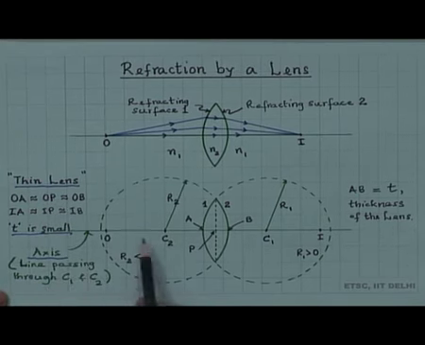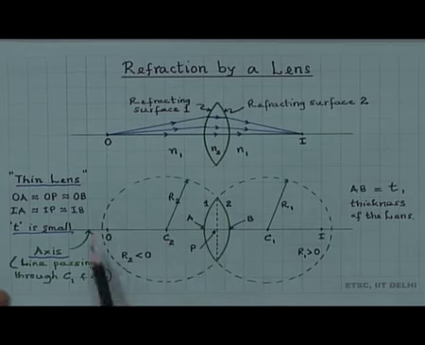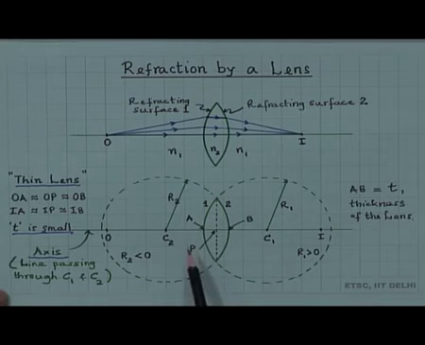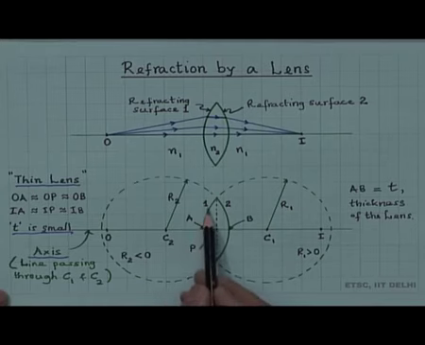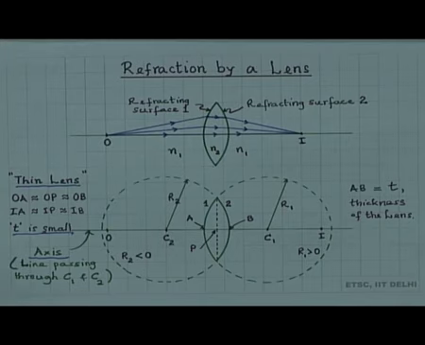The axis is the line passing through the center of curvatures, the line joining the 2 center of curvatures C1 and C2. So, that is the axis. So, this is the diagram which indicates the spherical surfaces, surface 1, surface 2 and radius of curvature r2 and radius of curvature r1 here. So, let us go further, and to determine the image,